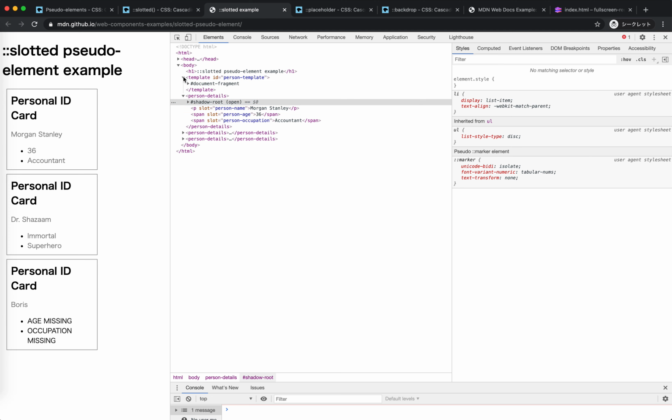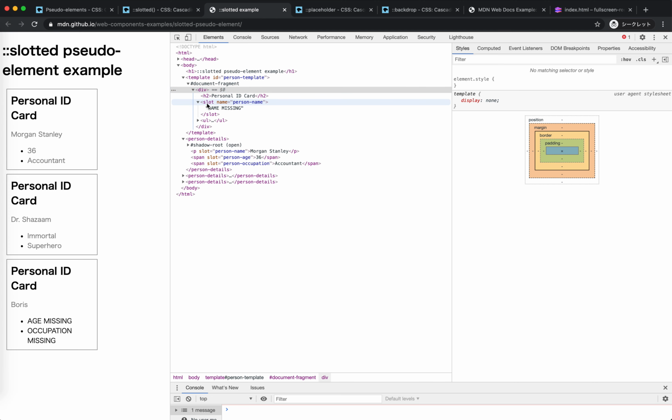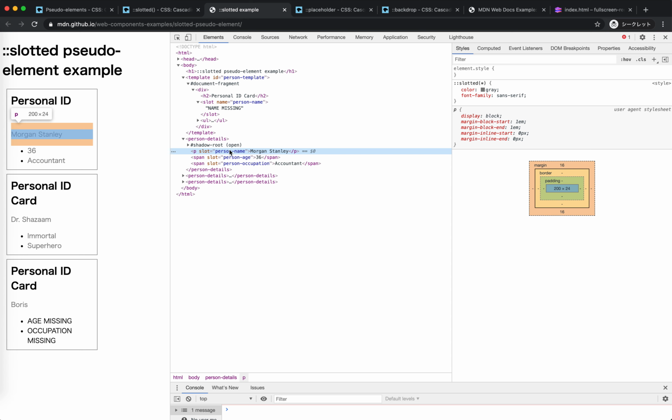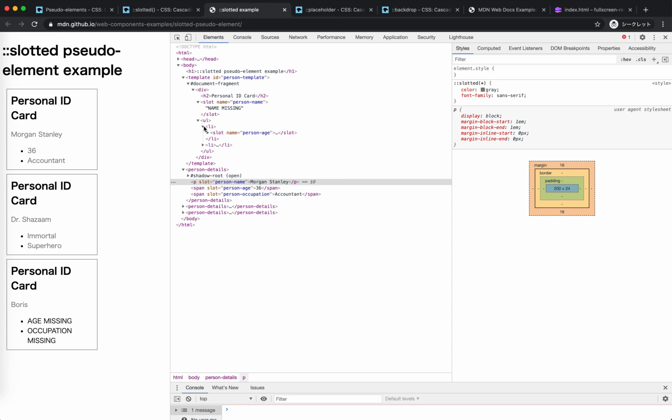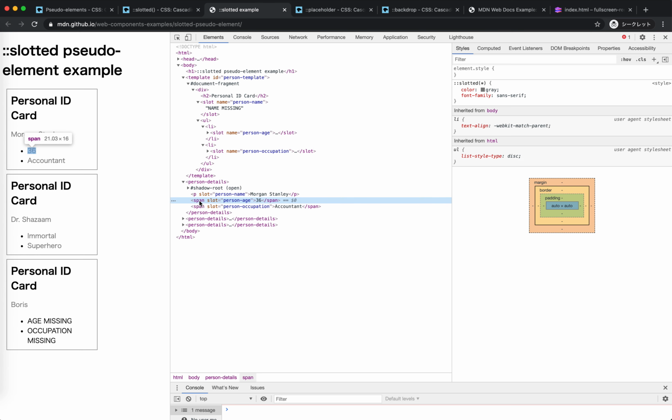So you see, this is a template. Actually, just a document fragment, and there are some holes in this template, which are called slots. So now we can create this shadow DOM using this template. We are saying this p tag should be put in the slot person name. See, this is a slot person name, and another slot is under an unordered list. This is person age and person occupation. So now this span should be put into this slot, and this span should be put into this slot. And